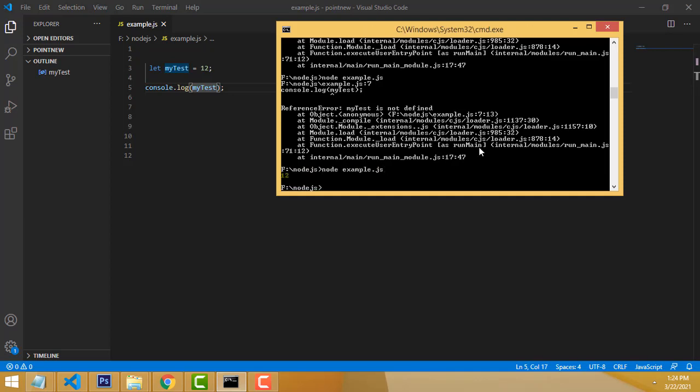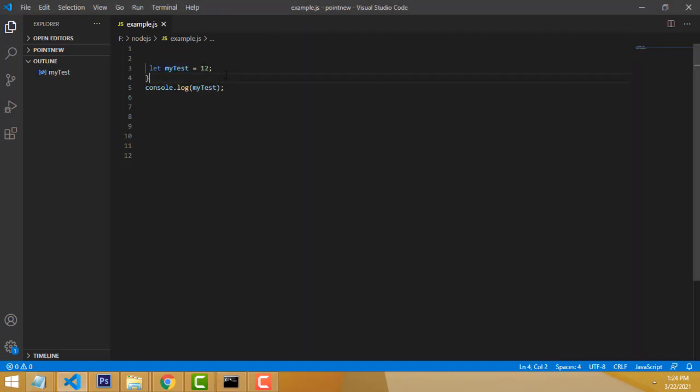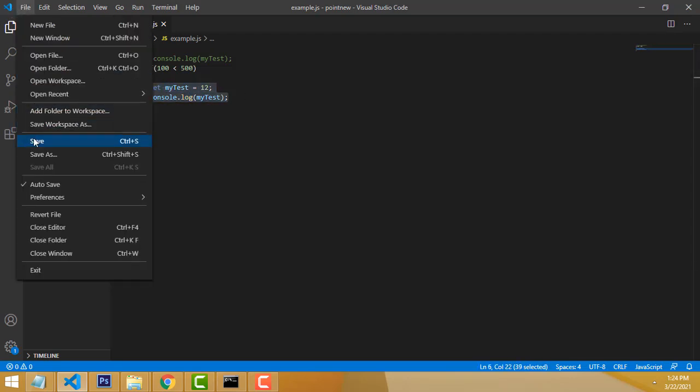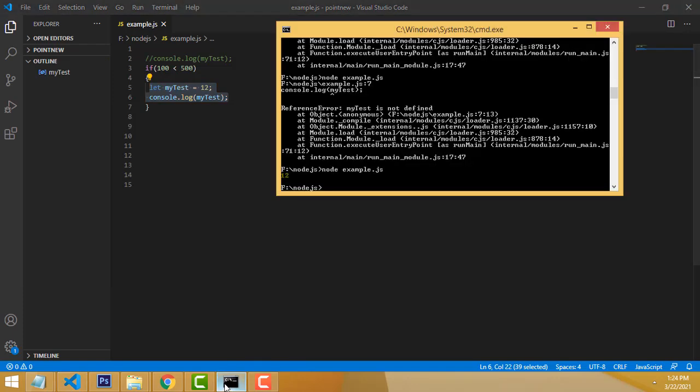Right? It is a scope. What is the scope you have written? It will be working. So now let's go through the example. Control X to cut. This is a block of code, the block scope. Whatever block you have written, it will only work there as a let. The same thing applies to a constant, but var is different.